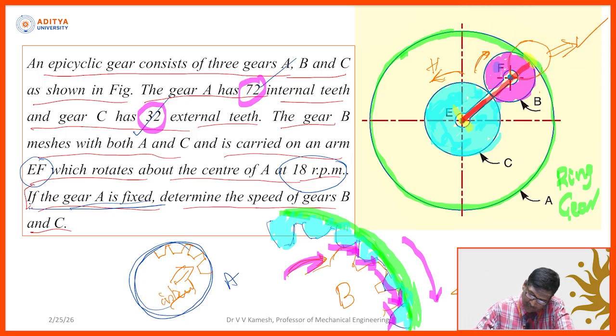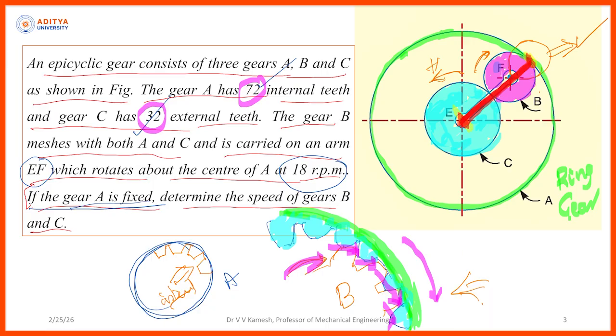I am drawing a line through the arm, in a dark color, from the center point to the last point. What is this actually? Radius of A. RA is equal to